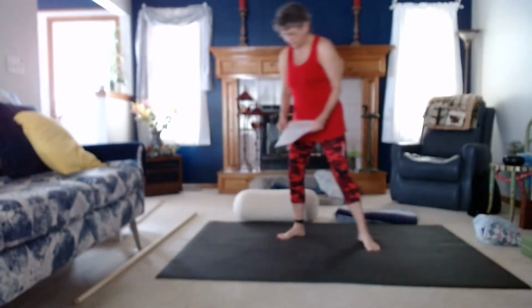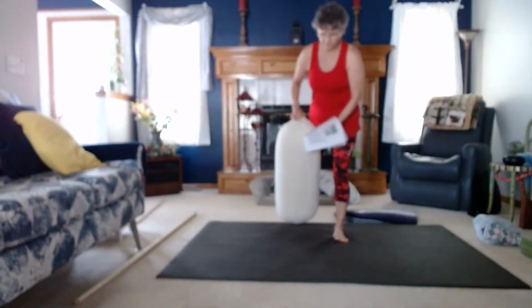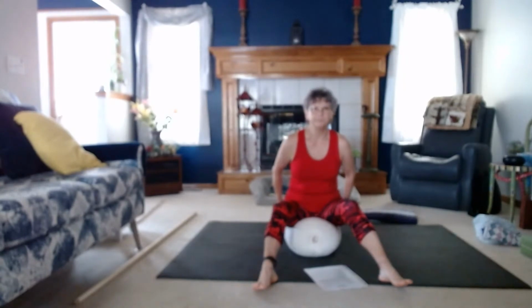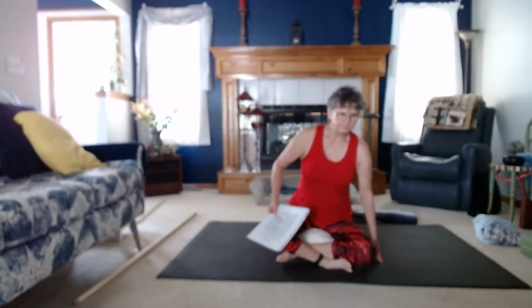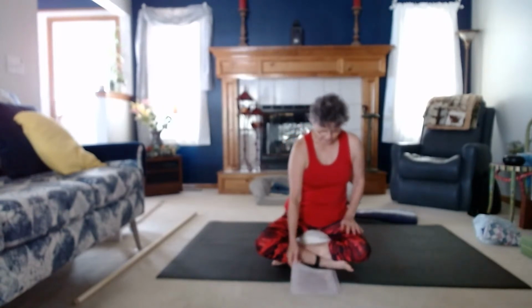So we're going to start with an easy pose, and I'm going to sit on a bolster. You can sit on a blanket or have a block underneath your ischial tuberosities, your sit bones, so that your knees are a little higher than your hips. It gives better alignment in the spine and a little bit more stability. It's also a little bit more comfortable. So we're going to do our easy pose